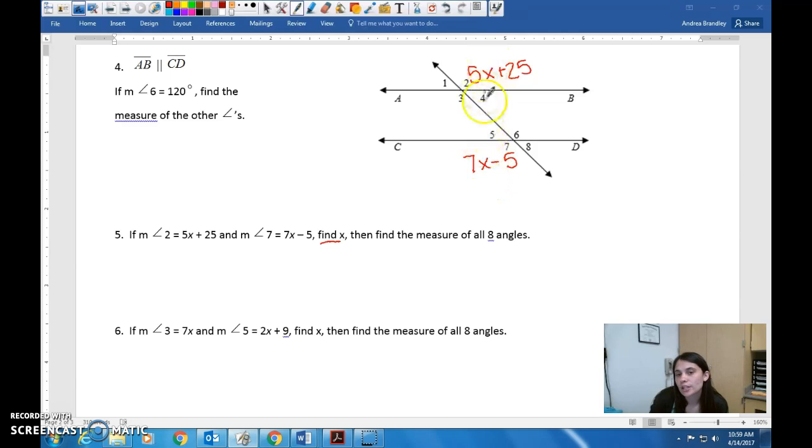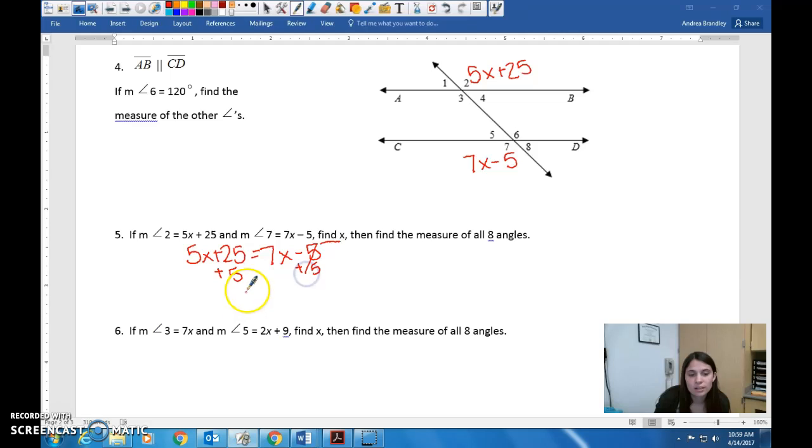Well, these are alternate exterior angles, so that means they're equal to each other, they're congruent. So I know that 5x plus 25 is equal to 7x minus 5. And then I just have to get x by itself. So if I add 5 to both sides,